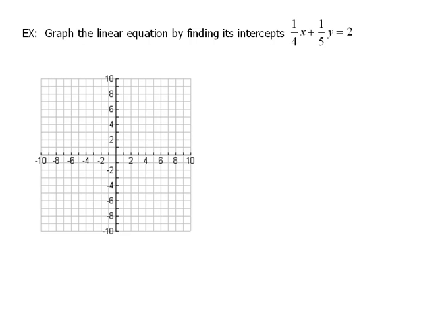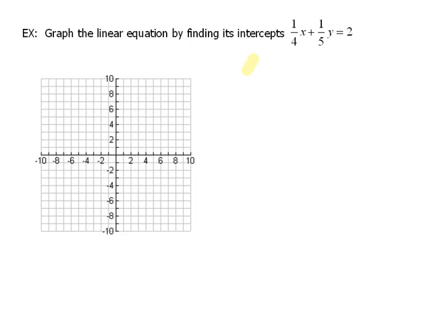Alright, now in this example, again, we are graphing equations, and you'll notice that these have a lot of fractions in this equation. So our directions tell us to graph the linear equation by finding its intercepts. Okay, we're not going to shut down before we get started. We're just going to look at this and say, okay, if we have 1/4 x plus 1/5 y equals 2,